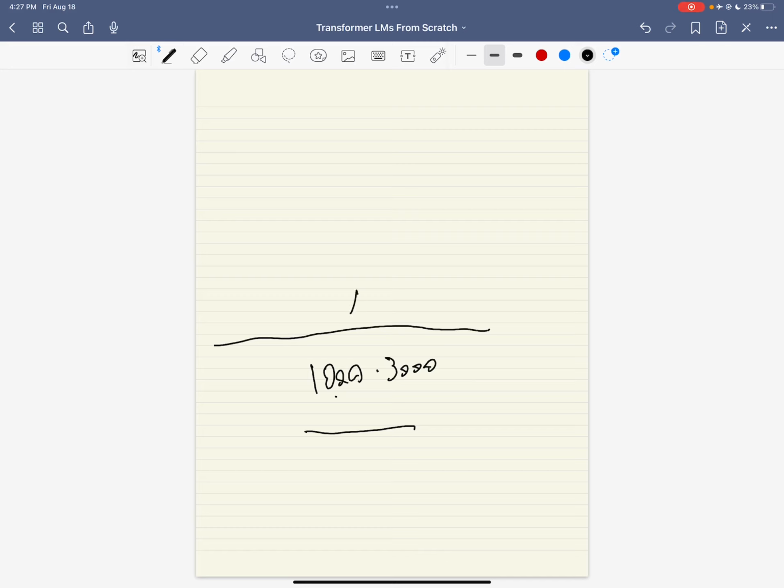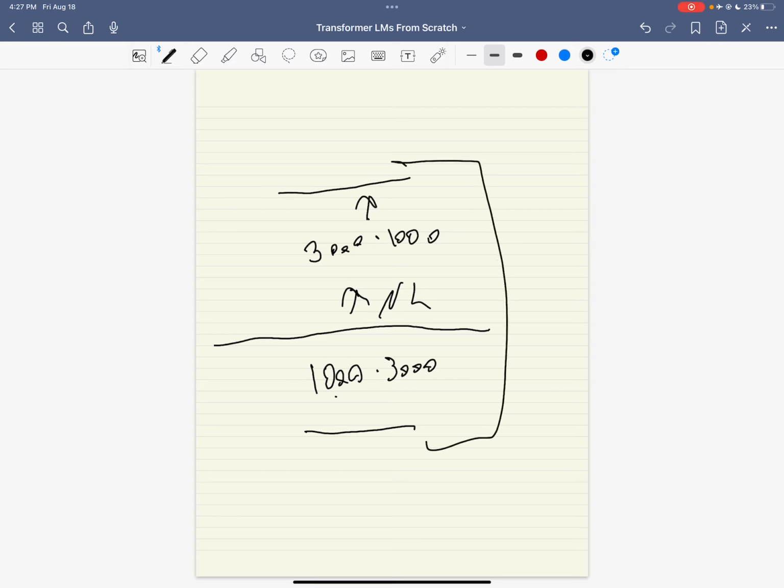It applies some non-linearity, and then multiplies that by a matrix of size 3,000 times 1,000, resulting in an output of size 1,000. That is called the feed-forward layer in transformers. And my intuition for what's going on over there is that